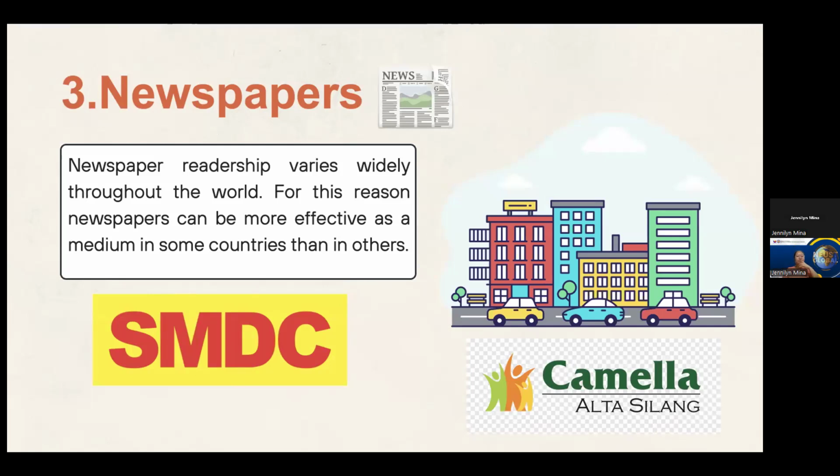Imagine a house and lot developer like Ayala Land or DMCI Homes. They want to promote a new residential community. They could place their advertisements in the popular local newspapers to attract potential buyers. And they might use this medium effectively by using targeted advertising. The developer might choose specific newspapers known for their readership in areas where they are building new homes, such as community newspapers in suburban areas. This way, they can reach families and individuals interested in purchasing a house and lot.